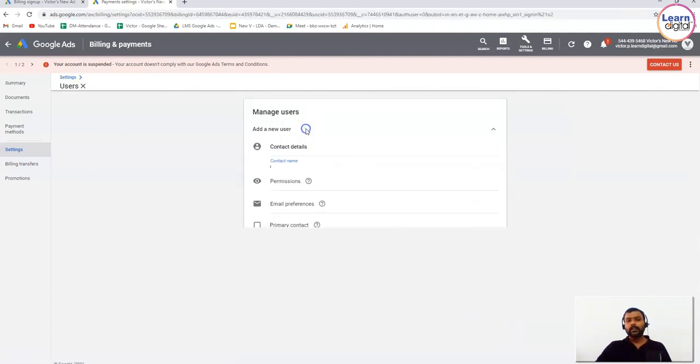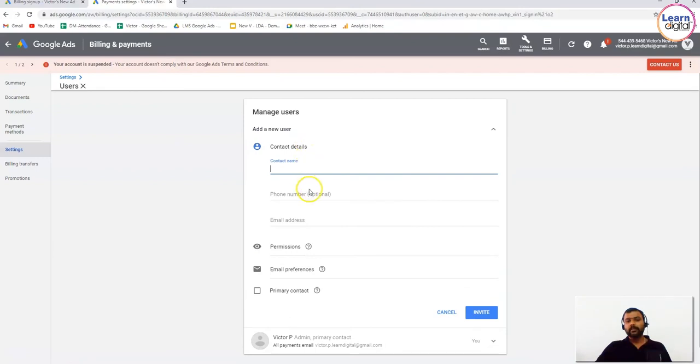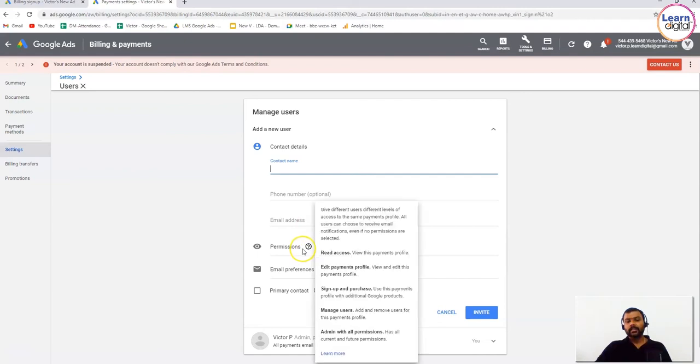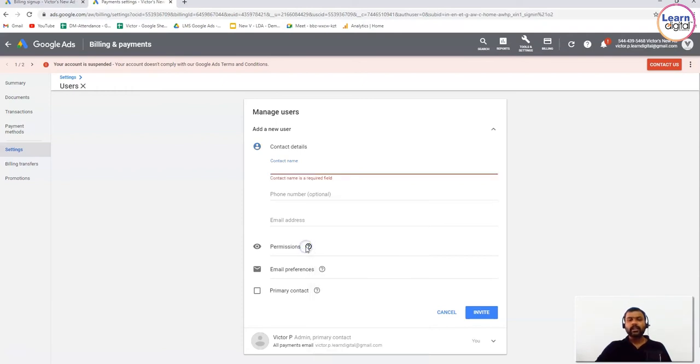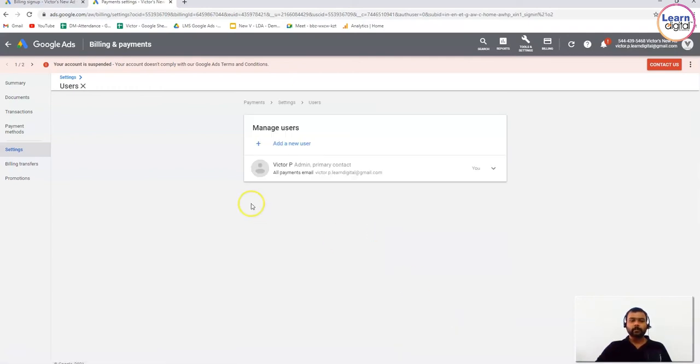Just click on add new user and set his name, his phone number, his Gmail ID. You have to check the permissions. You'll have only read access, edit payment profile, sign up. Only regarding payment, he'll be looking into the content. He will not focus on any other thing, only the payment part. So you can add his name like this.